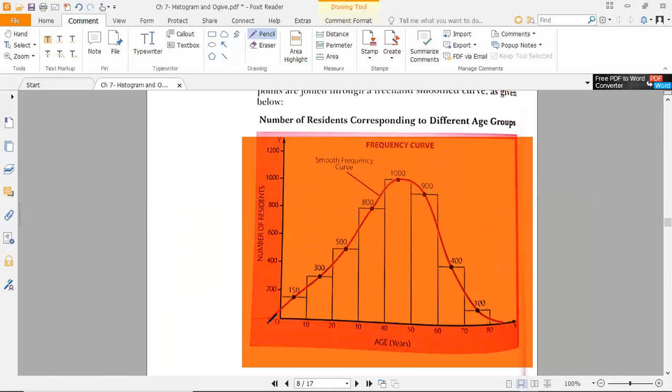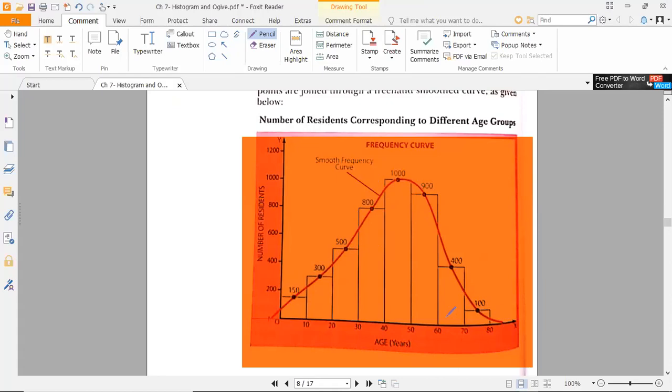So over here on the point of -5, you will be joining this line, and then again over here, 80 to 90, on 85 it will be joining. This is how the curve will be closing itself, and this is how your frequency curve is going to look. This is a freehand curve going up, and then it will be joining the top, taking the shape of the curve from there, and then again coming down. This is how your frequency curve will look.